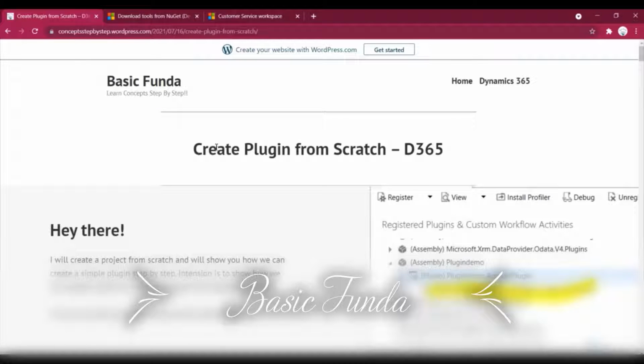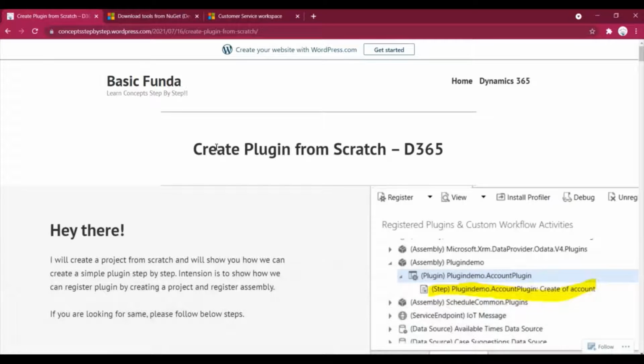You also have to create a trial instance, and if you are new, I have already created one more video showing how we can create a Dynamics 365 trial instance. I will also leave that link in the description box. So now we are good and let's start.